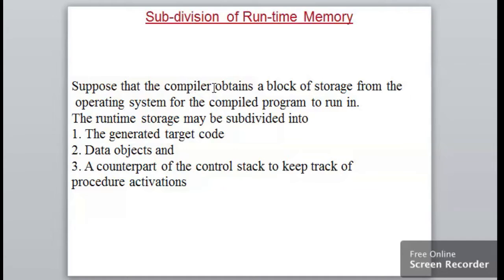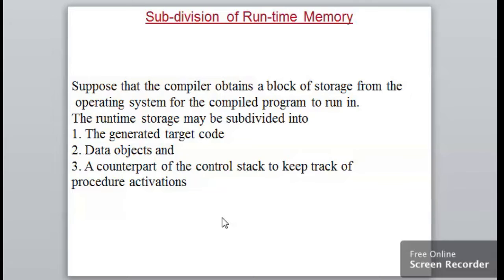The runtime storage may be subdivided into the generated target code, the data objects, and a counterpart of the stack, that is the control stack that keeps track of the procedure activations, which we have seen in the previous video, how we represent a control stack based on the activation trees.